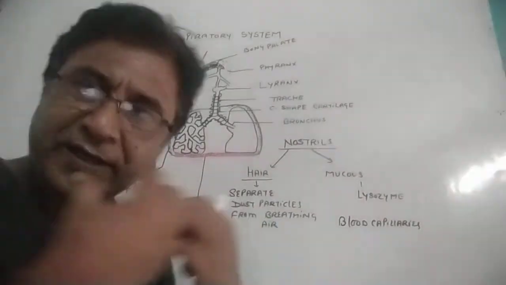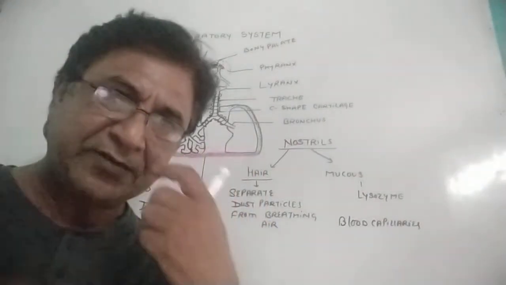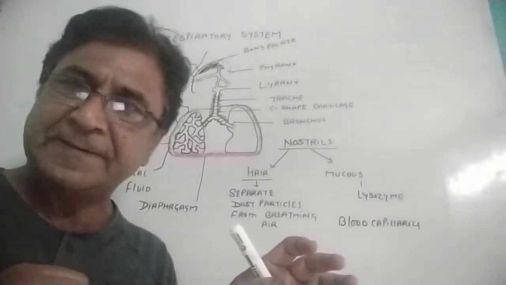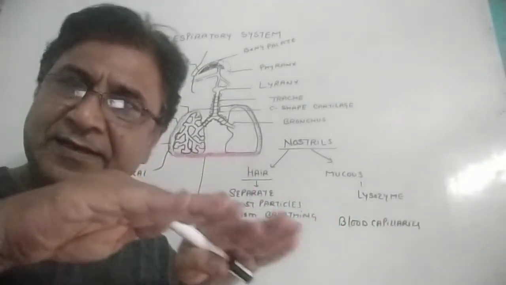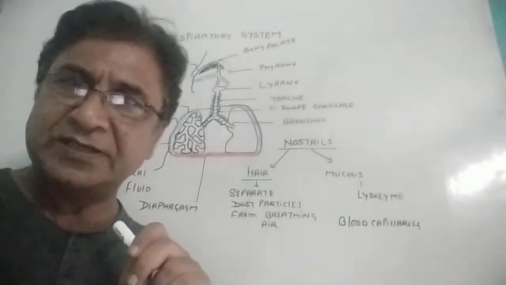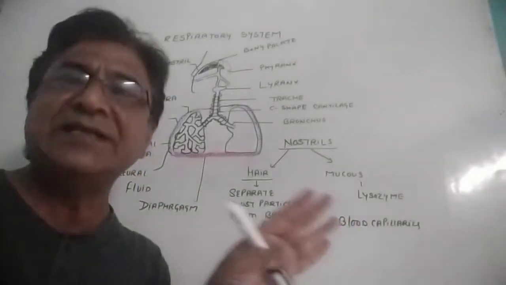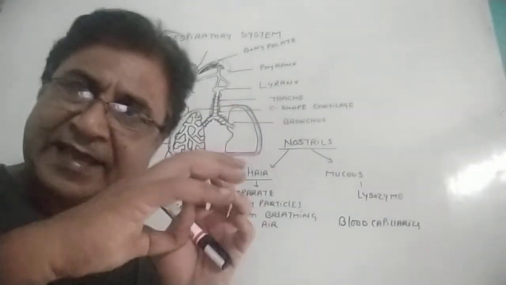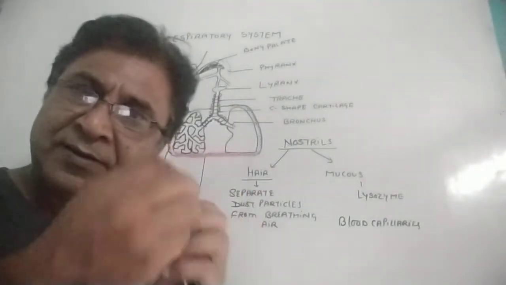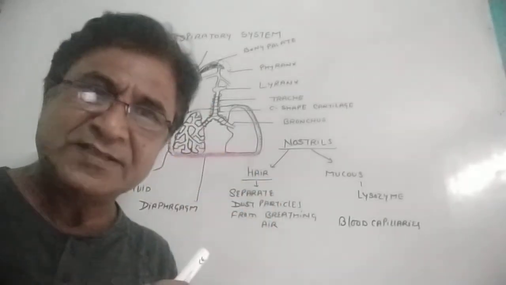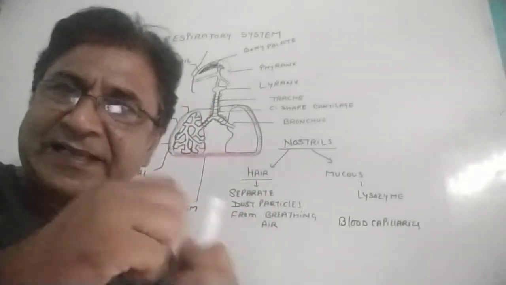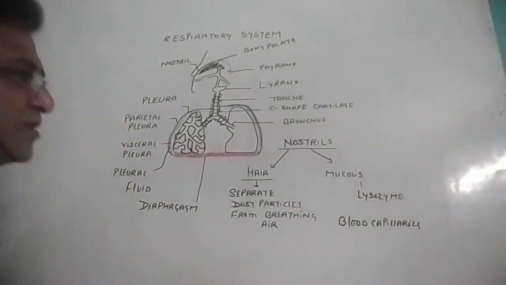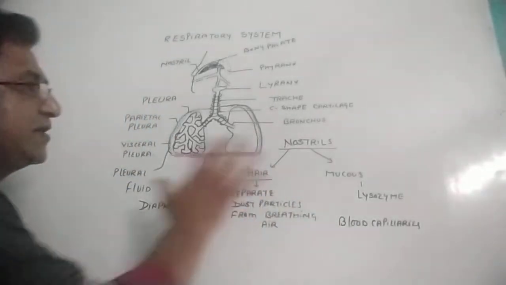And if very hot air is taken in through the nostrils, then these blood capillaries absorb the heat from the air and make the air closer to body temperature. So you can say the blood capillaries rising from the nostrils and leading to the pharynx work like an AC, which maintains the temperature, like the ones we use in homes. So remember, these are the functions of the nostrils.